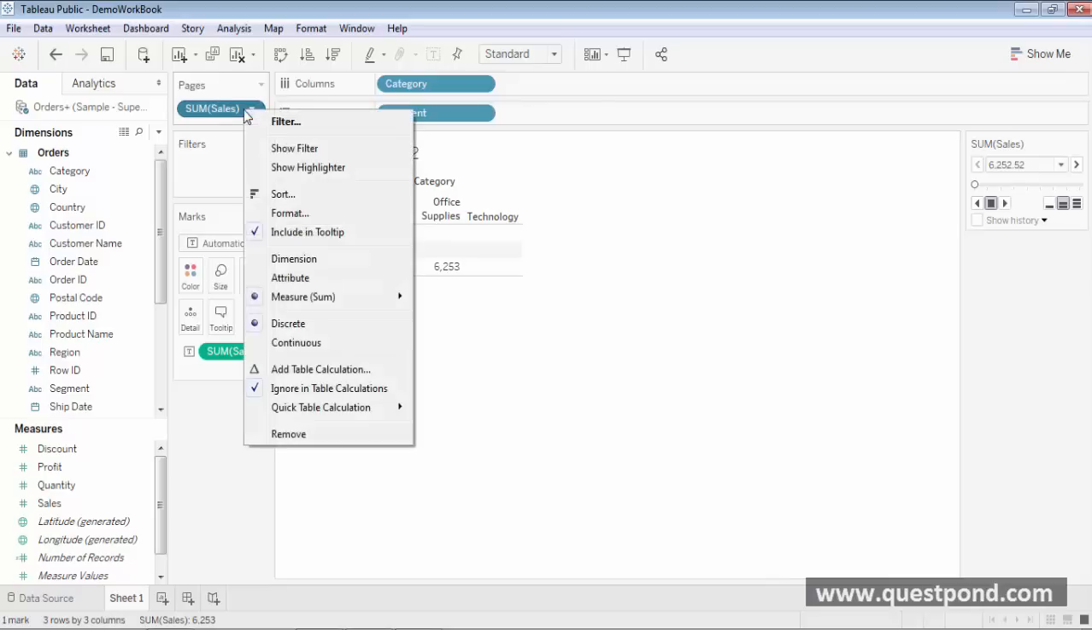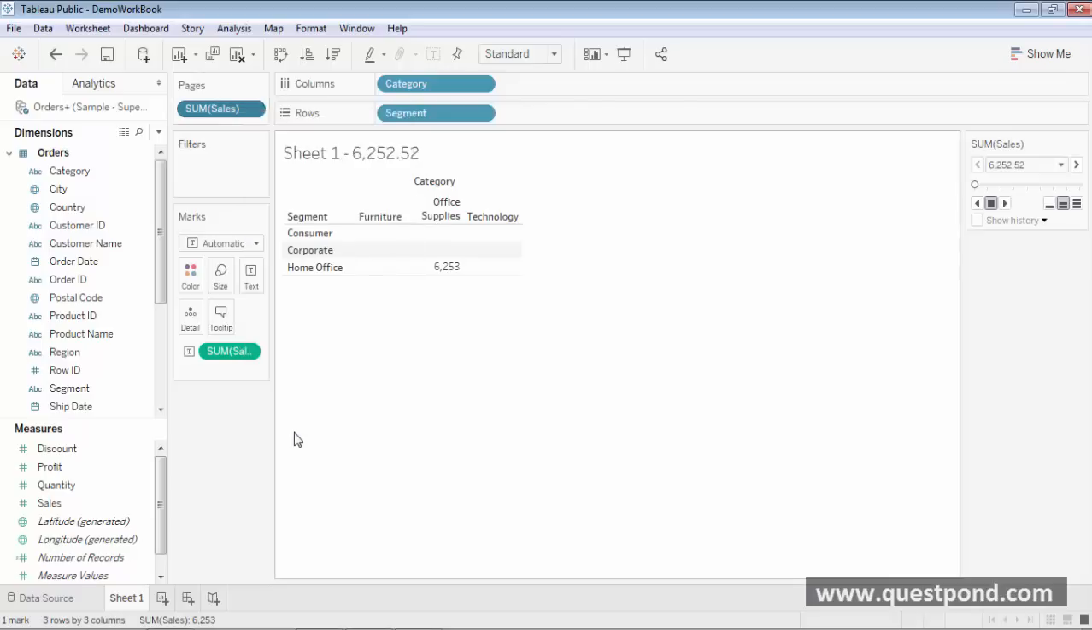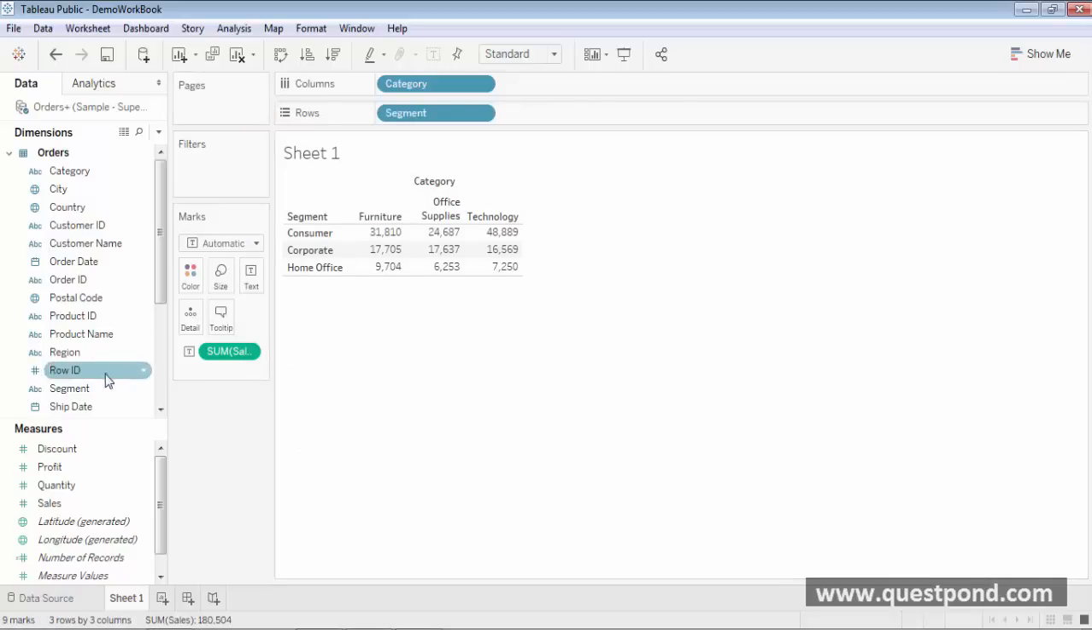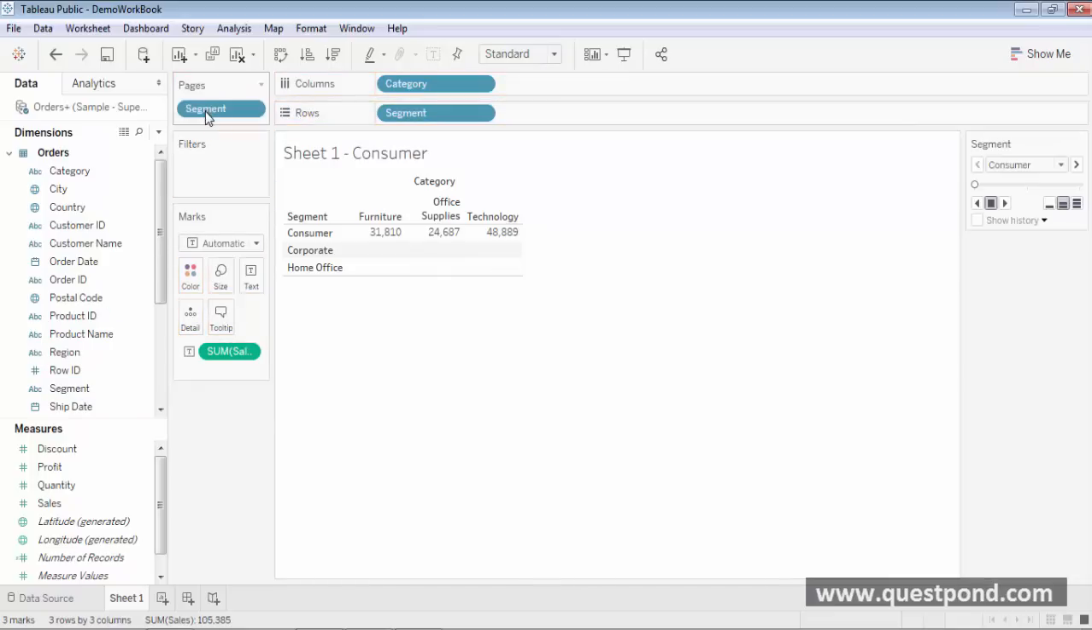Now if I am adding a dimension here, for example if I add the segment dimension into the pages card, I can see that this segment dimension has 3 members inside it: a consumer member, a corporate member and the home office member. So as per the pages shelf definition, if we are adding a dimension, it is like adding a new row for each member in